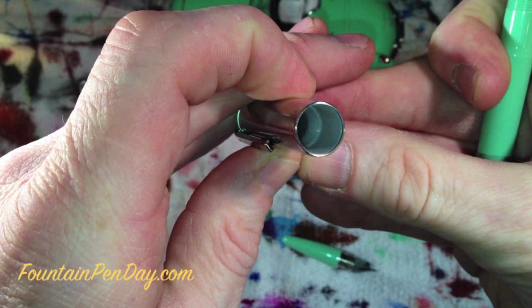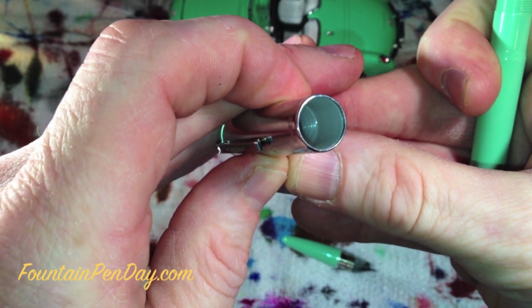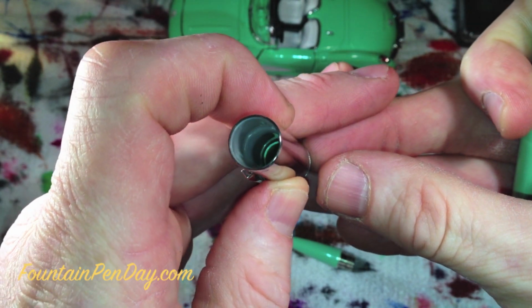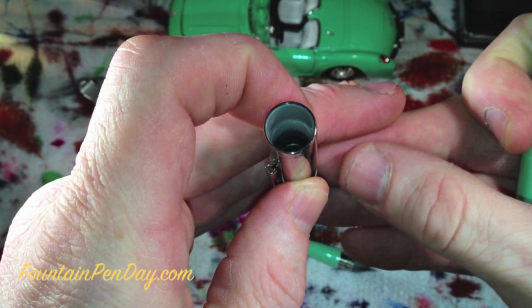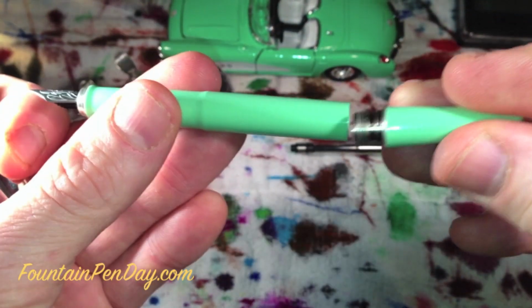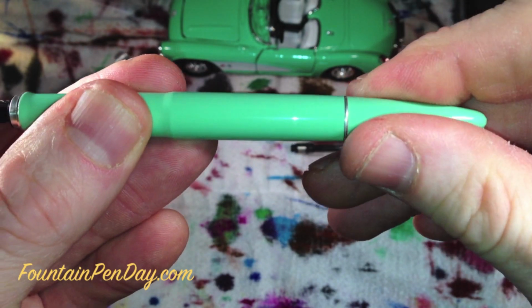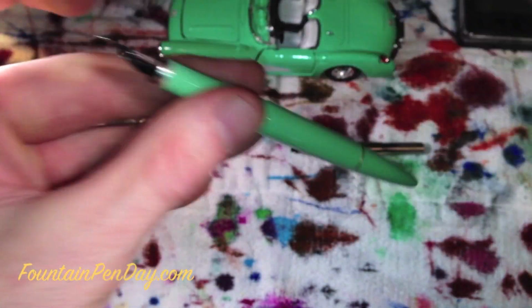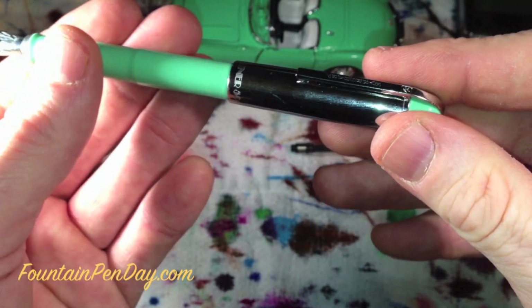This is finished, he said, with a very soft plastic. Not soft like it's mushy, but soft so that when you post this pen, you won't have to worry so much about marking it up, because I know a lot of us out there don't like posting our pens. I don't like posting just because I don't like the way it feels, but if you do choose to post this pen and you are one that likes to post them,